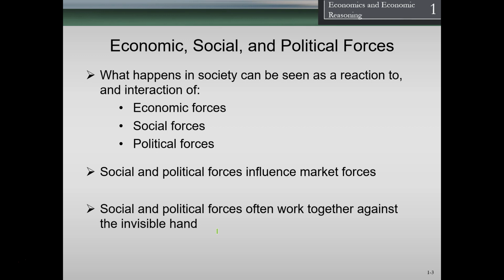Also note that when we think about the free market and market mechanisms, they're not always smooth. We may have a recession, and these things could happen politically. There could be a lot of political pressure to jump into the market and say, well, someone needs to do something about a recession. There's a real question as to what can be done, and should there be something to be done?